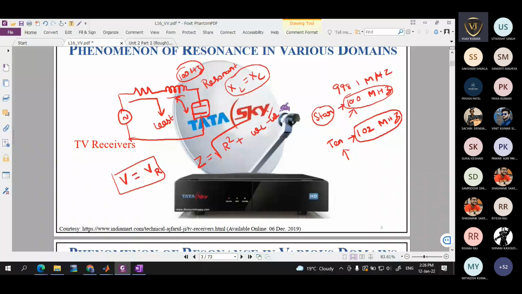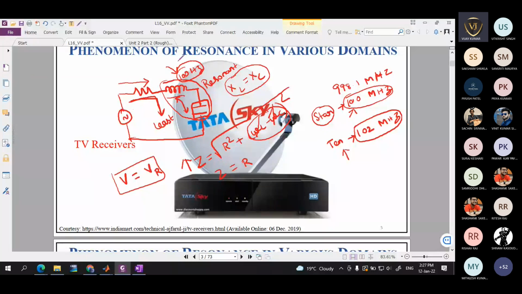If these terms did not cancel, your impedance would have been increased. Now when these two get cancelled out, the impedance is reduced because Z becomes R here. Then this is behaving like a least resistance path. So the point is, if you are tuning this for 100 hertz, it will permit only the 100 hertz signal. At that time, these two will be offering least impedance, and if it is least impedance, that particular signal can pass through this path.